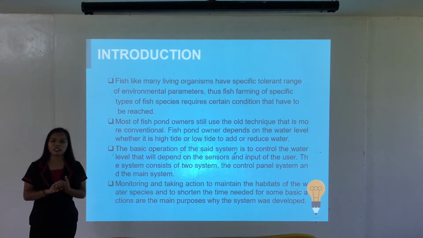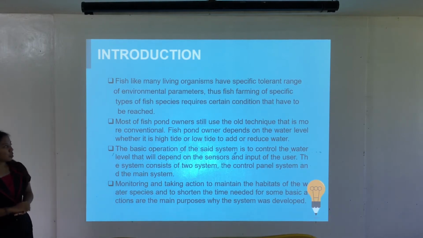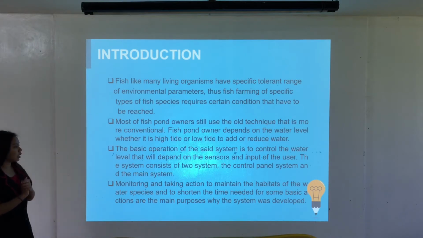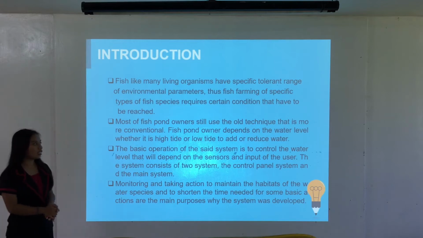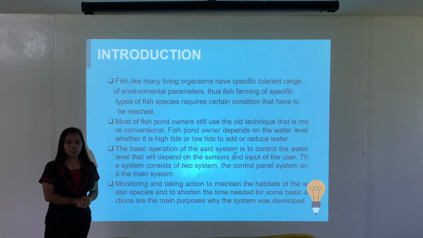habitat. Today, the environmental impact on aquaculture production is very much in focus, and the demands of the industry are increasing. So most of the fish pond owners still use the old, more conventional technique. The fish pond owner depends on the water level, whether it is high tide or low tide, to add or reduce the water. So the automatic method of controlling the water level of a fish pond is much easier than the